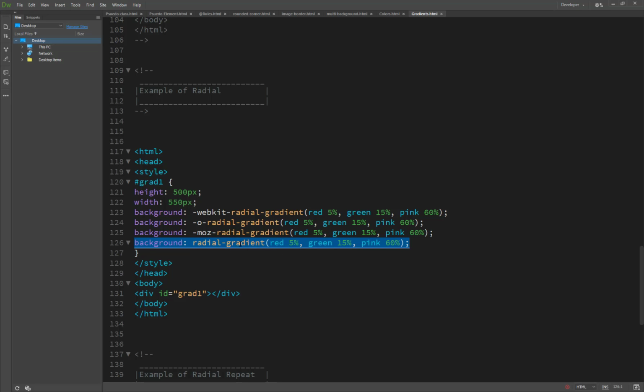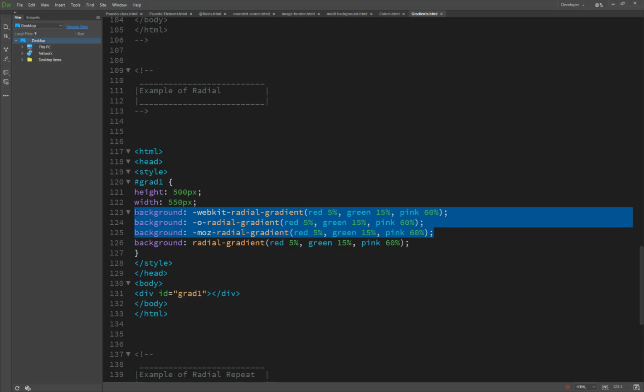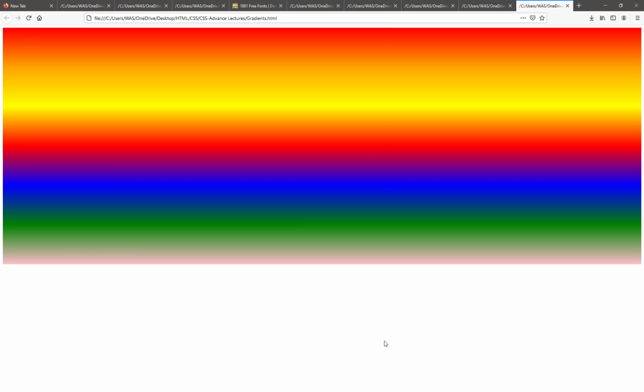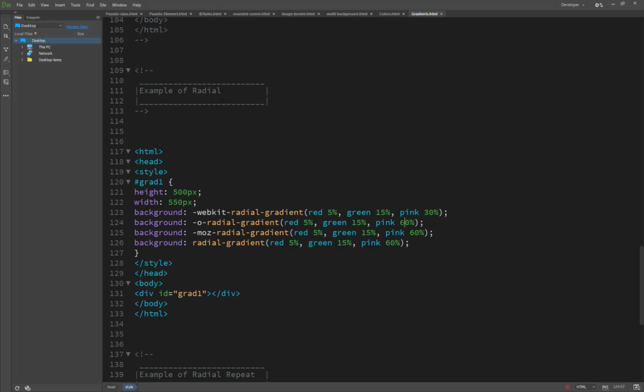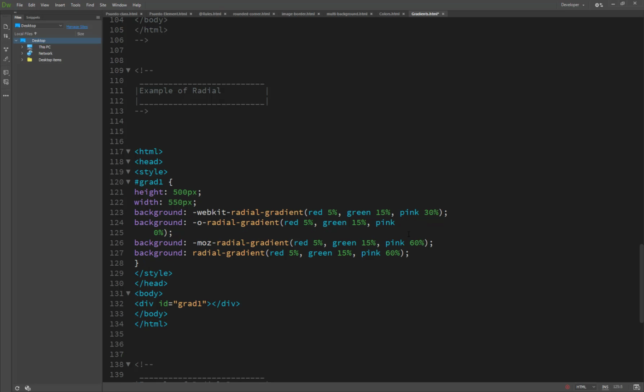That thing, but CSS community, I recommend you should use these 4 types if you are using the gradient. Now we are just seeing an example, and you will see how it looks in the gradient, and the pink 60%, and this one, and if I set pink 30 from 60 to 30%, so now you will see here from 30% here,